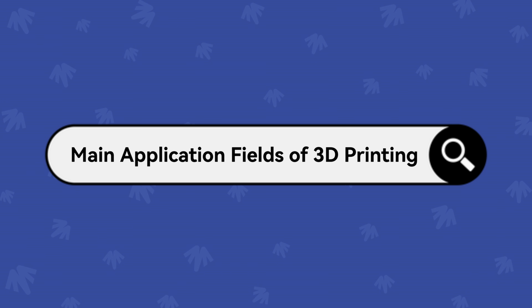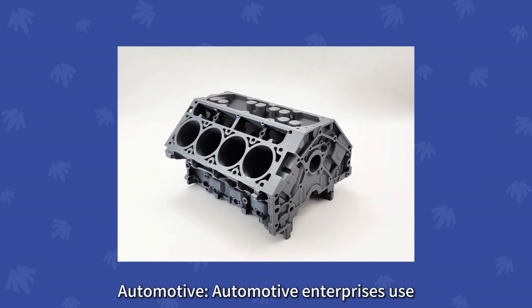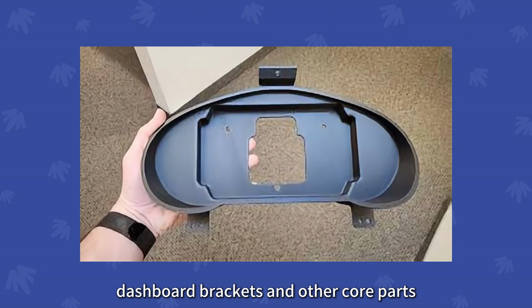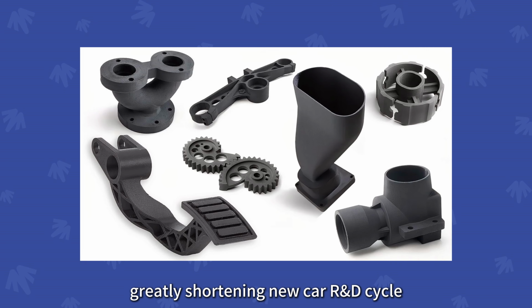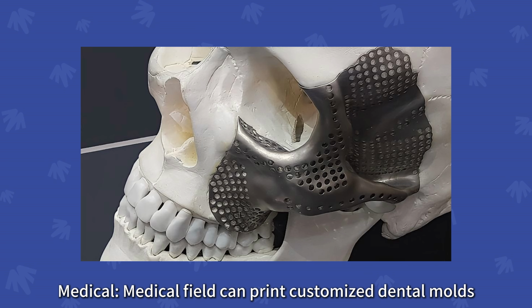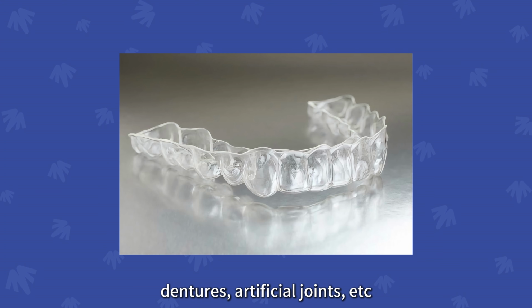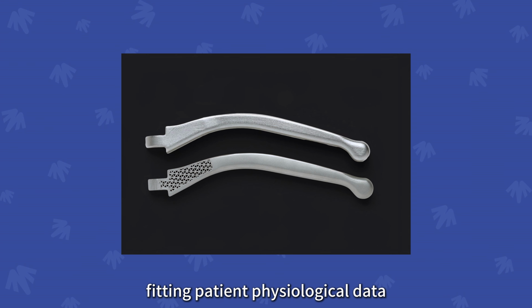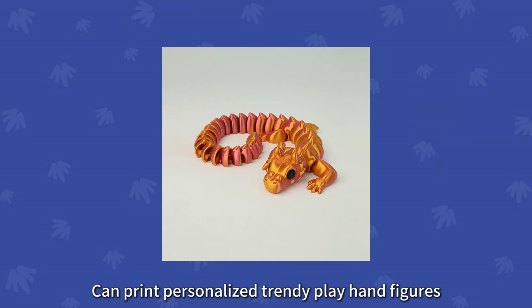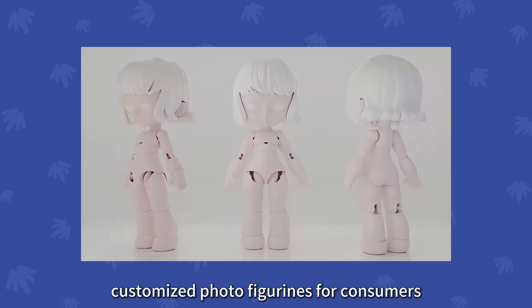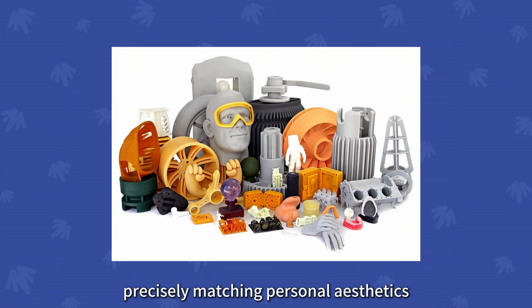Main application fields of 3D printing. Automotive. Automotive enterprises use 3D printing to make engine blocks, dashboard brackets, and other core parts prototypes, 1 to 2 days to complete iteration, greatly shortening new car R&D cycle. Medical. Medical field can print customized dental molds, dentures, artificial joints, etc. fitting patient physiological data, improving treatment precision. Consumer field can print personalized trendy play hand figures, customized photo figurines for consumers, precisely matching personal aesthetics and commemorative